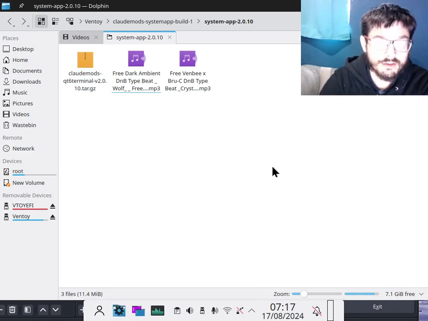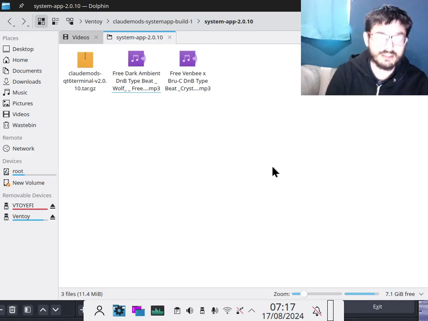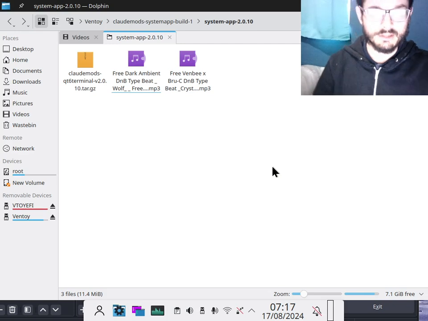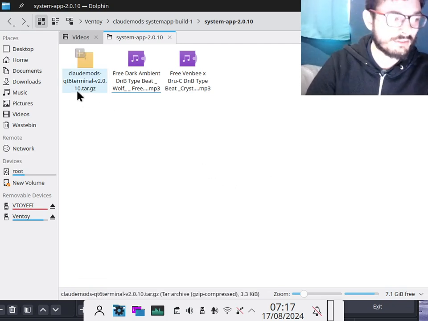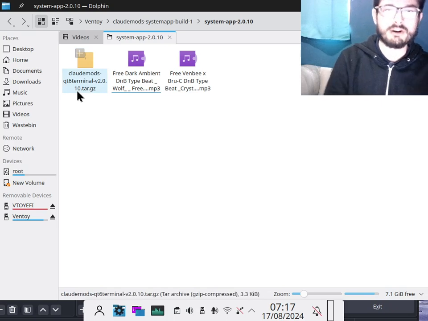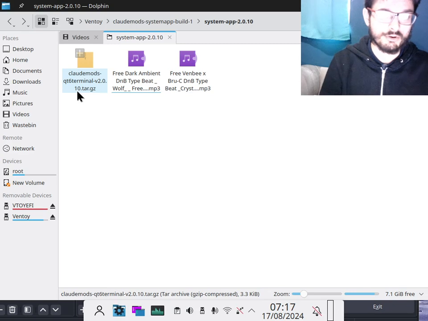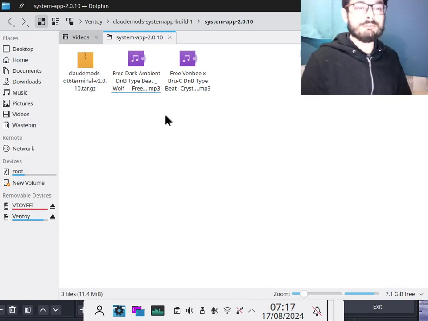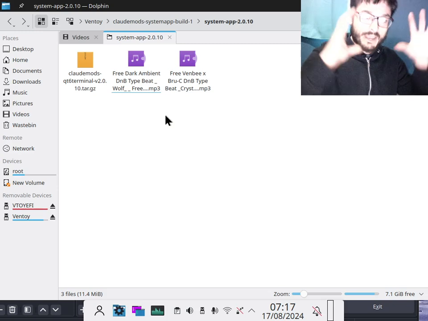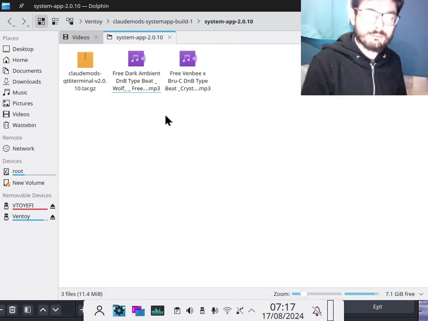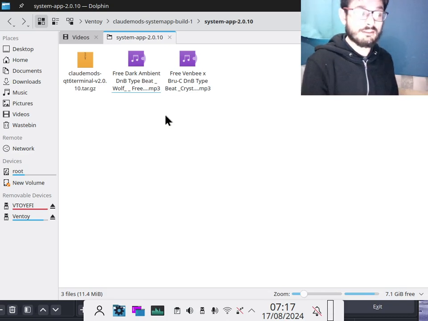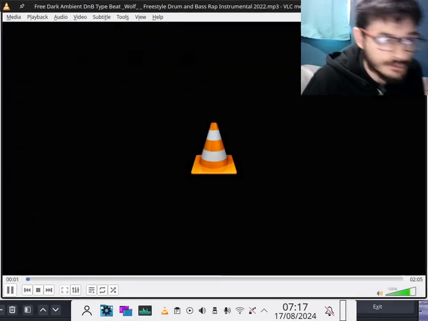It is basically version 1, but I updated it from version 1 to now C++, and of course my system app is version 2.0, so now 2.0.10 is what I'm calling it. So this terminal, which is the base of my system app, is going to be called version 2.0.10, which is an update. Anyway, my terminal is going to be my system app. That's the main UI. Everything that I normally have in my system app is now going to be in this terminal, and I'm somehow going to put all the features into this, and it's not going to be Python anymore, basically.